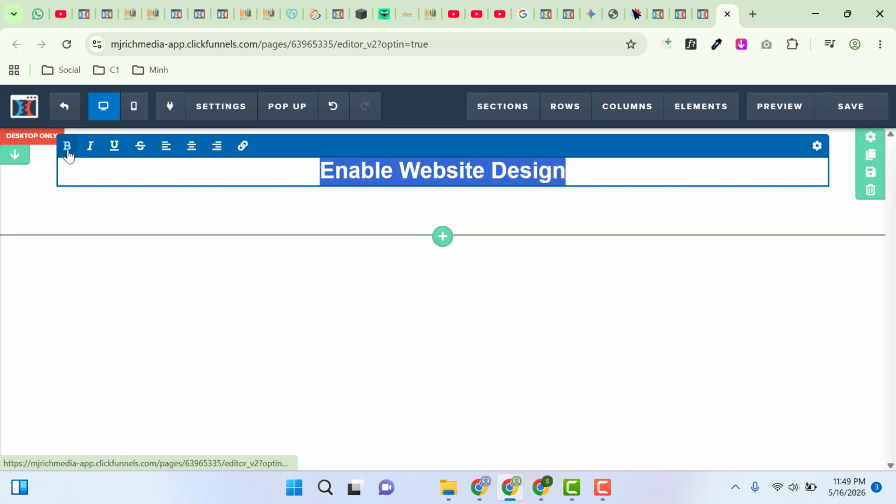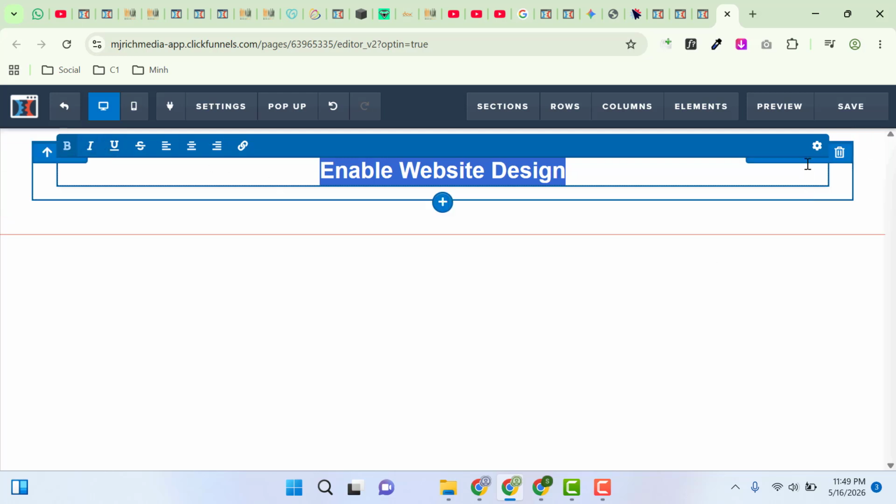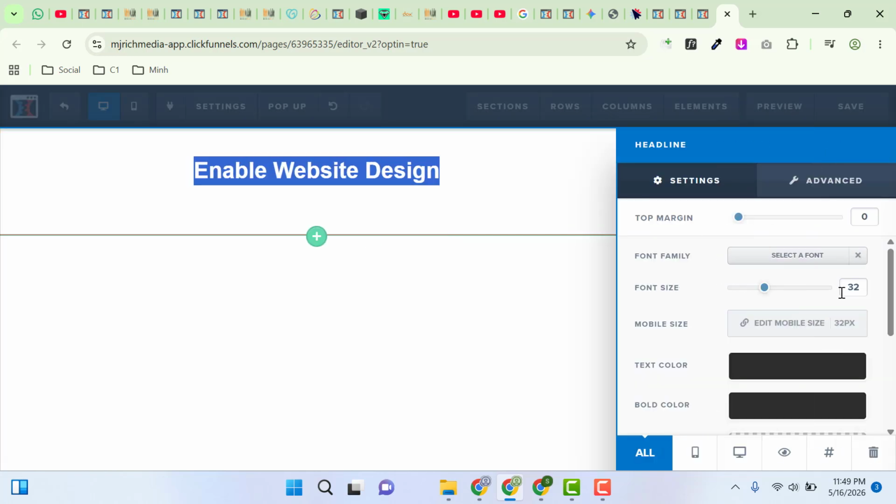Now on the top here you can see these are the different typography options. You can align the text in the center, left and right. You can add a clickable link, then you can underline, make italic, make bold. So after that here you can go settings, then you can add the margin from the top, then you can